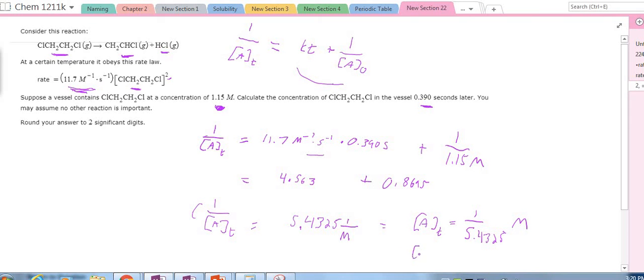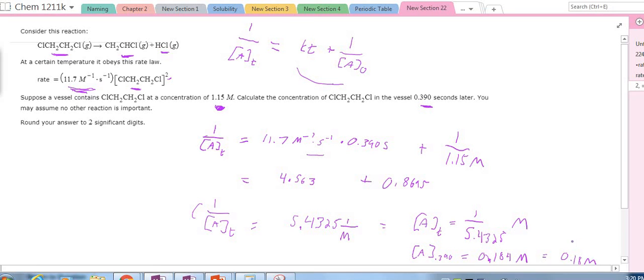So the concentration of A at 0.390 seconds is going to equal 0.184 molar. It asks for 2 sig figs, and so my answer that I'm going to put into Alex is going to equal